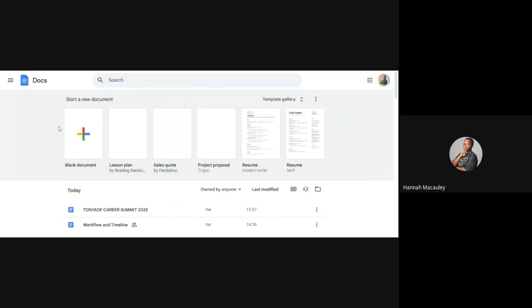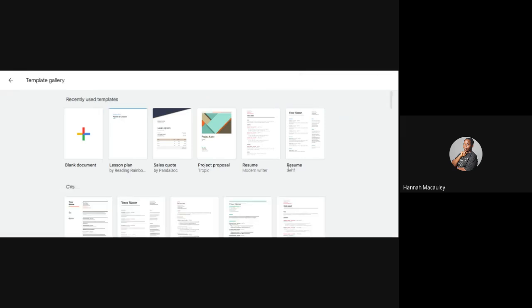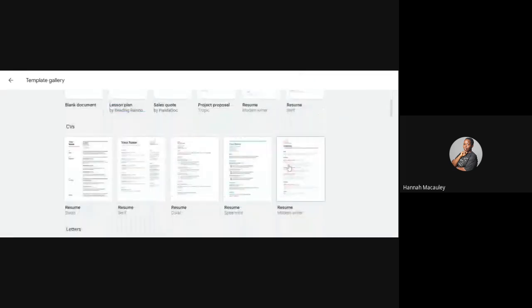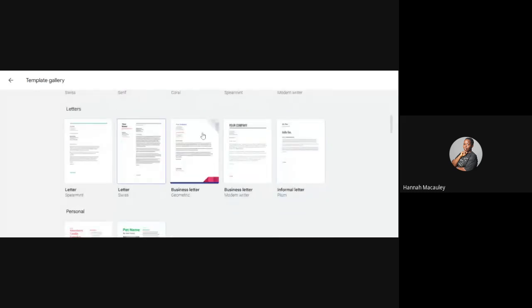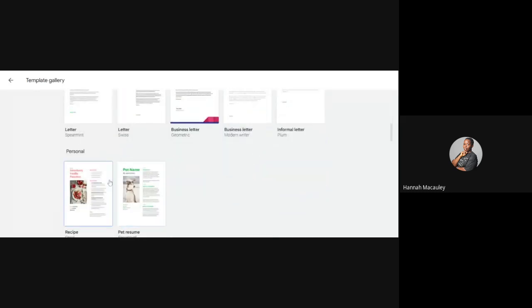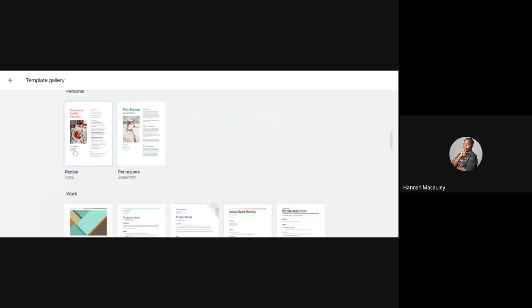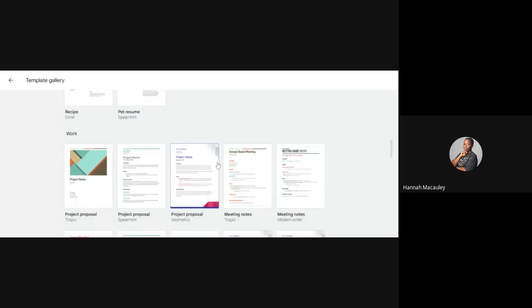Google Docs is for every type of documentation that you might want to have. In Google Docs, you can start afresh with a blank template, or pick from the list of templates depending on what you want to do. You can pick CV templates, letter templates, or something personal, like a diary or a recipe, which you can write from here. Pet resume,